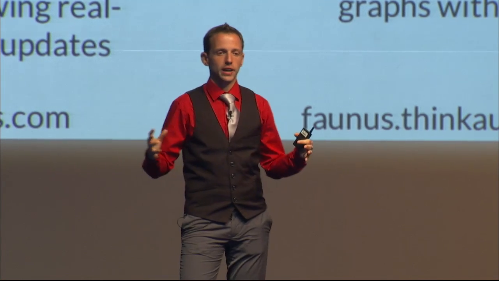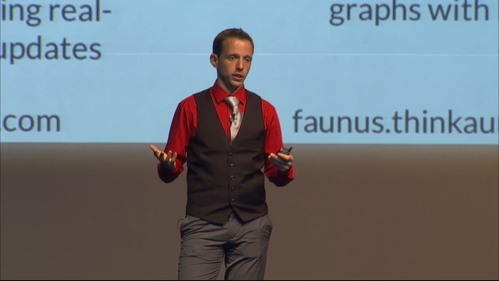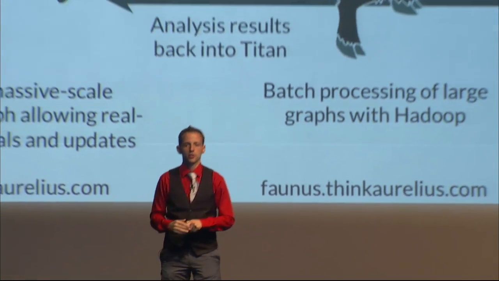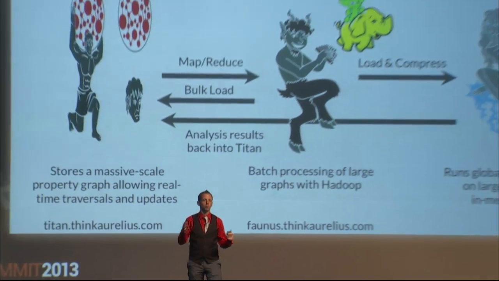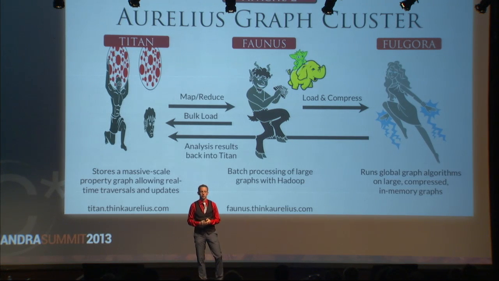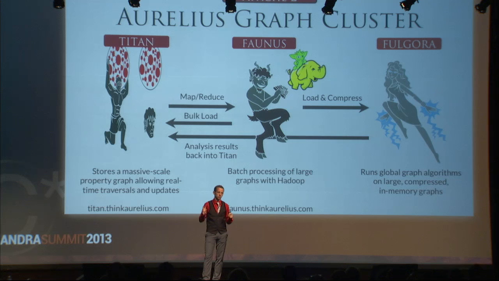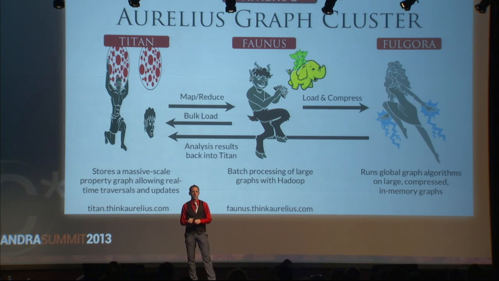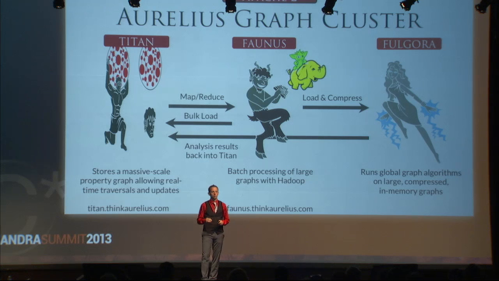Now, we talked about Titan a lot, which is a real-time graph database. As I mentioned in the beginning of the talk, there are further components to the Aurelius Graph Cluster, Titan being one of them for the real-time graph database, but there's also Faunus. Faunus is Titan's brother in a way, in that it is a Hadoop-based graph analytics platform. It works by compiling Gremlin queries, so that's the query language I was talking about earlier, into MapReduce steps. So you can run MapReduce graph